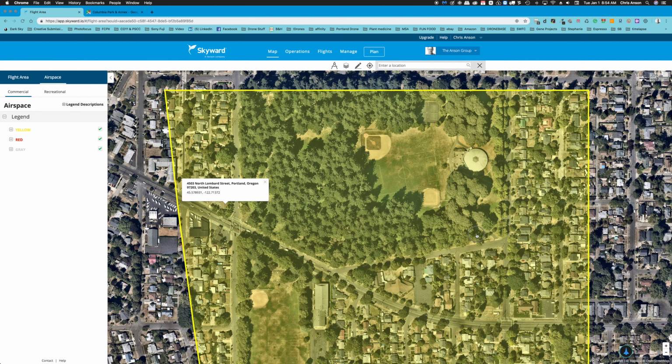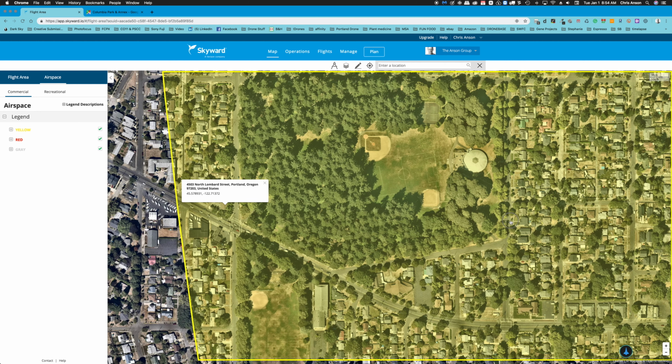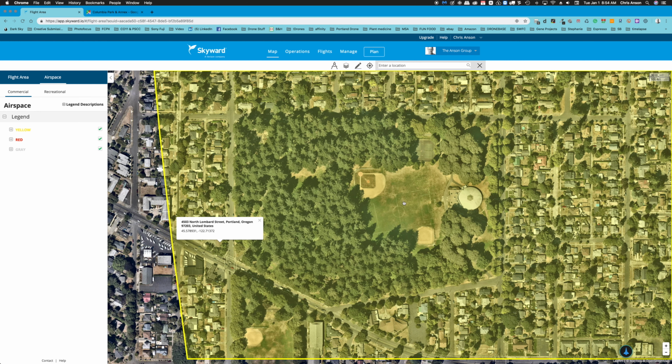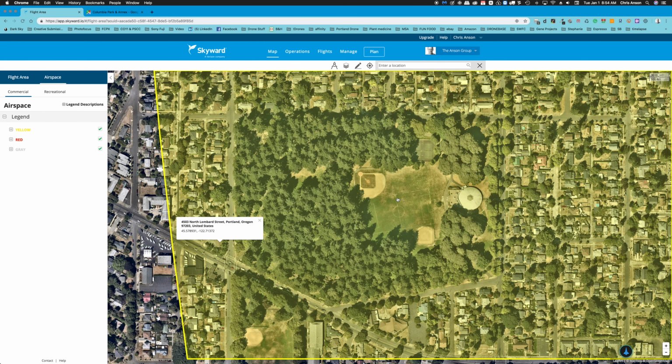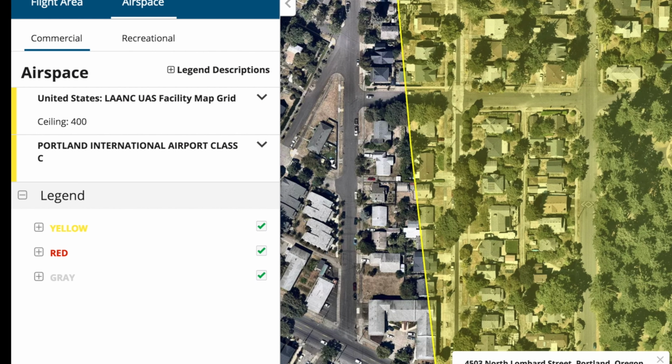And I'm going to zoom in. And then I'm going to use the mouse to center this. So this is the park that we're going to shoot the wedding in. Over here, I want commercial rather than recreational. And then I'm going to click right in the center of the area that I'm going to be flying. And you'll notice when I click over on the left here, it shows me that I'm in Portland International Airport, a Class C airport, a Class Charlie, and that I have a ceiling of 400 feet,